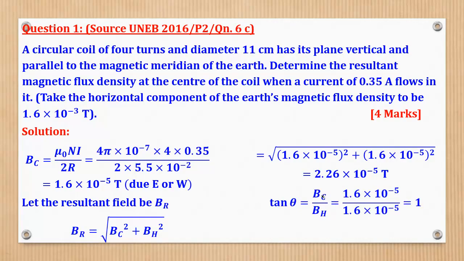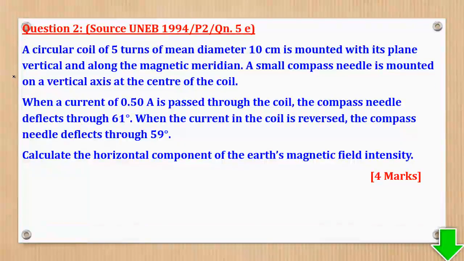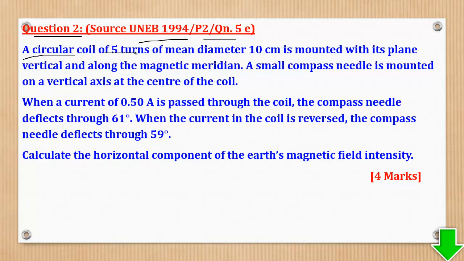Then tan theta is equal to this, implying that the angle is 45. Then question 2 came from UNEB 1994, paper 2, question 5E, and it says, a circular coil of 5 turns